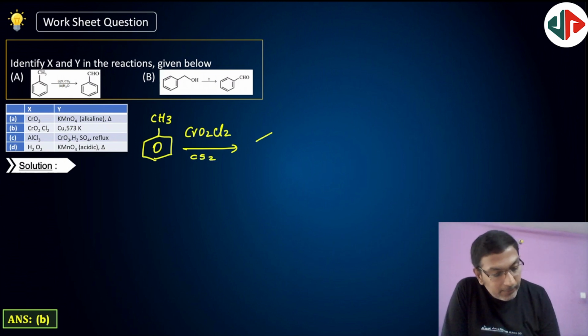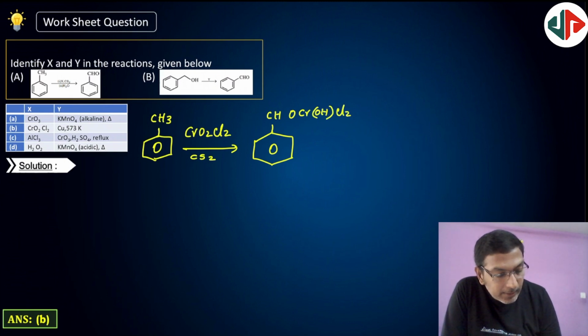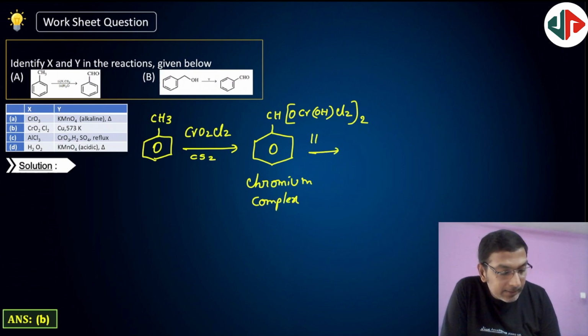First it gives an intermediate compound, which is a chromium complex, CHO Cr OH Cl2 twice, chromium complex. Which on hydrolysis will give